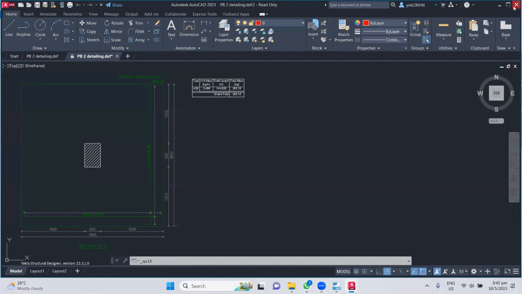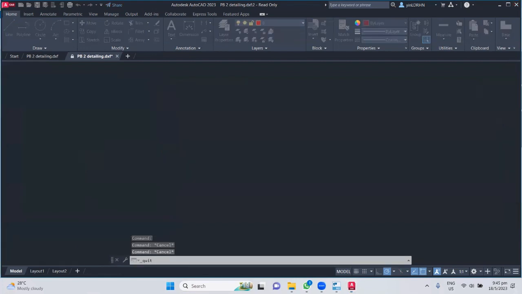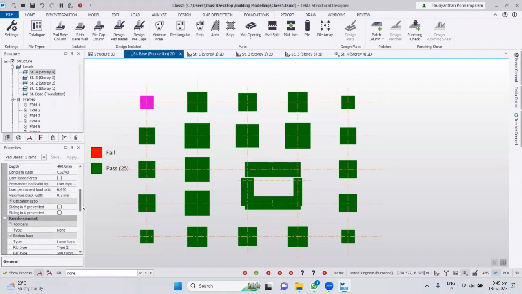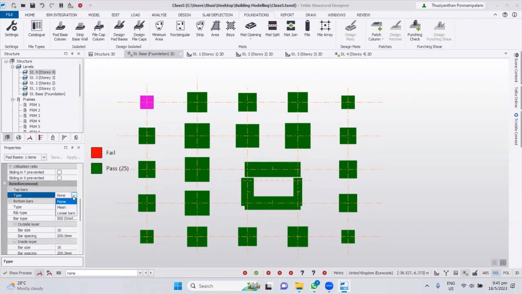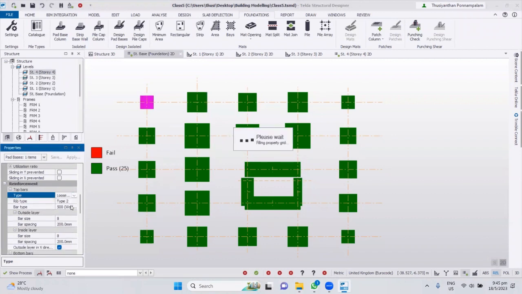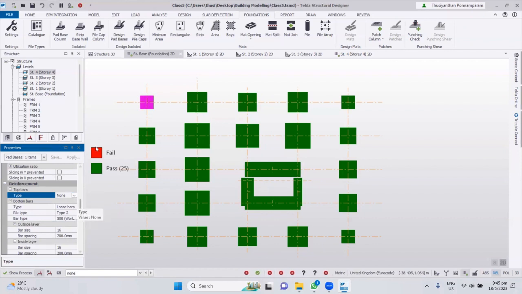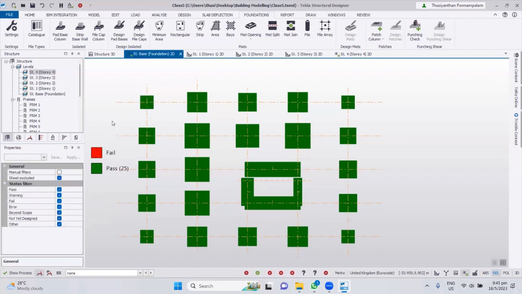right? So if you want to provide the minimum top rebar, what you want to do is go to the design, right side, and here you have to select the top rebar. See, top rebar type, we select none, right? You can provide loose rebar or mesh, up to you to decide. So I selected none, so that's why it did not give any rebar. If you want the rebar, you can select here, then the software automatically calculates the rebar for you, right? It calculates the minimum rebar,